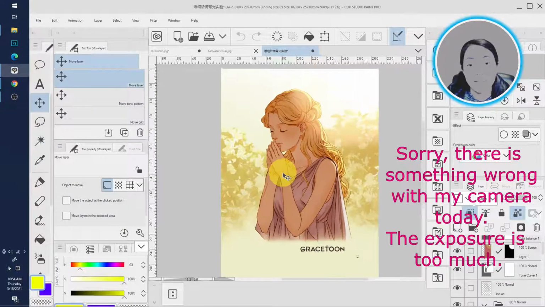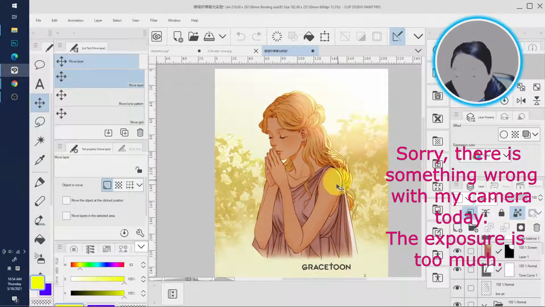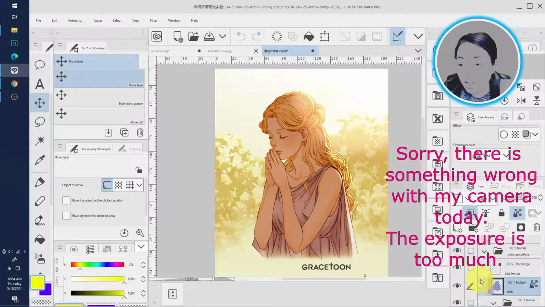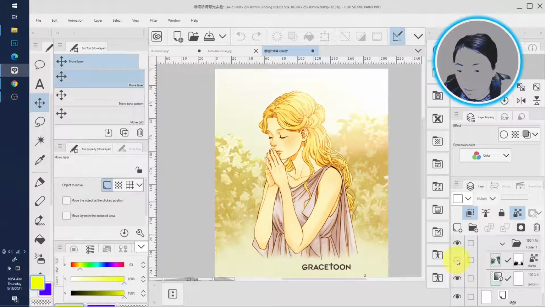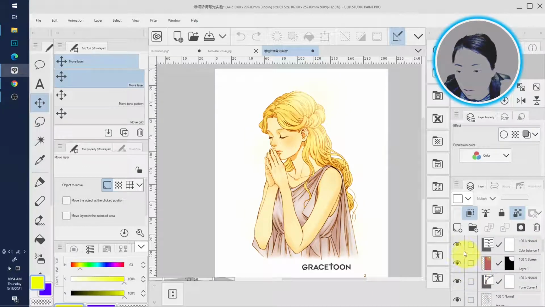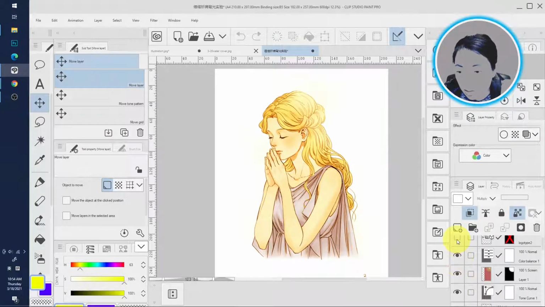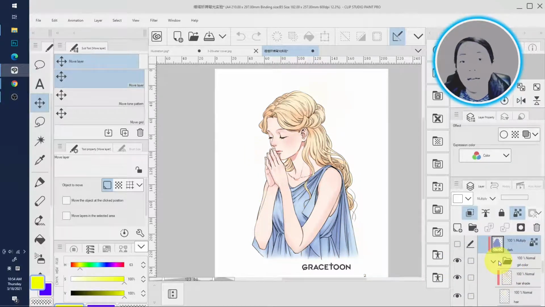Hi guys! Today I'm going to show you how to create a sunset glow effect like this in this illustration. And first let's turn off all the layers. Okay, we started with this basic cell shading layer, and